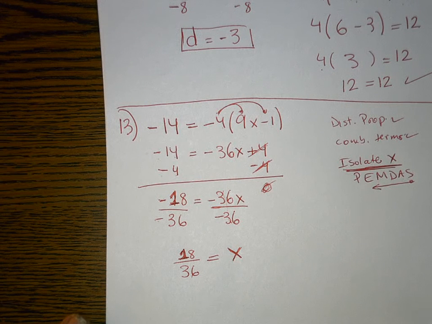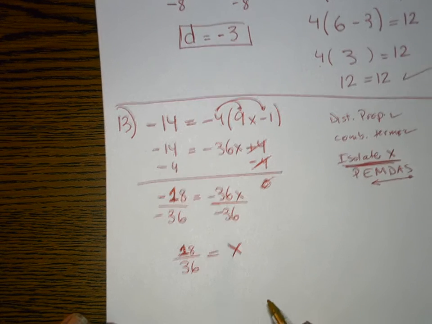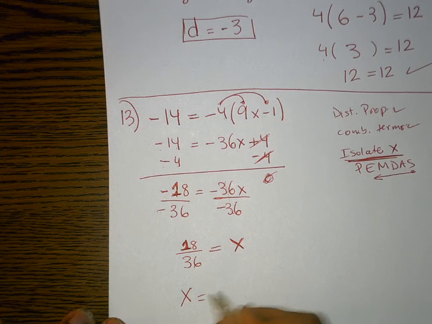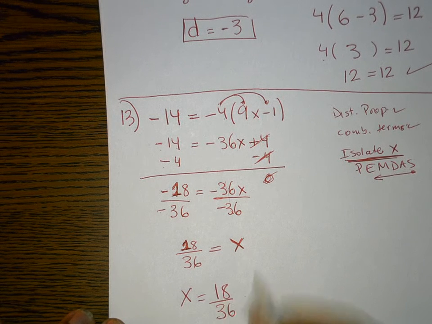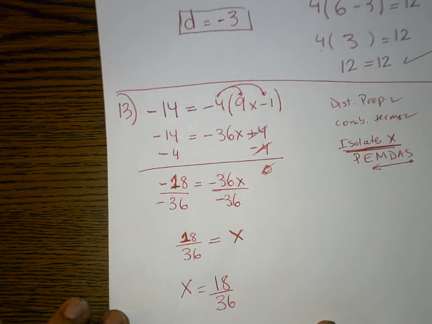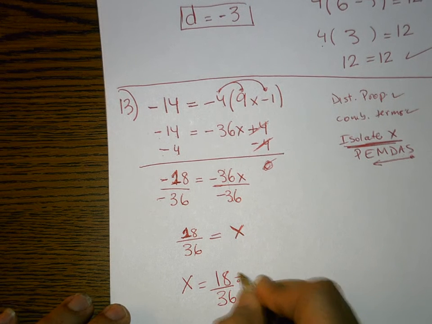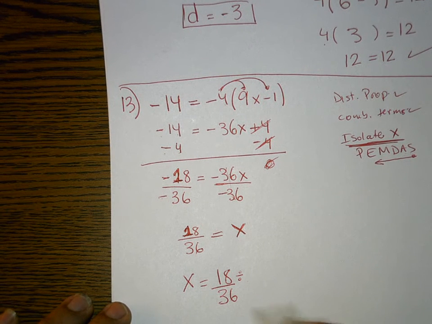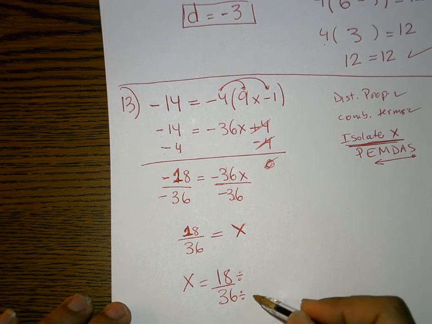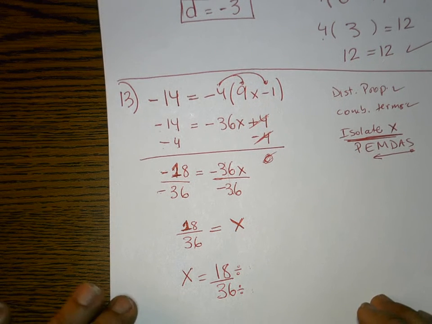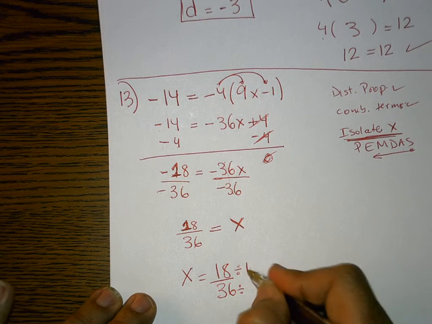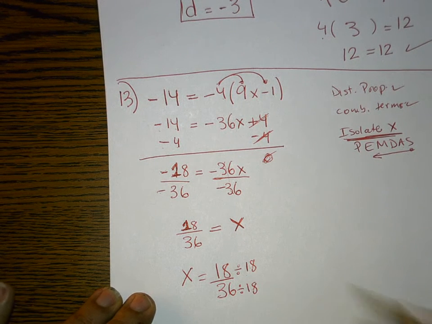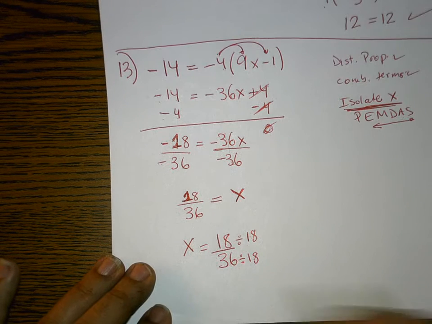We have 18 over 36 equals x, and I need to reduce this fraction. So we have x equals 18 over 36. I just rewrote it in a different way. Let's reduce it. It has to be divisible by the same number, top and bottom. I'm going to divide by 18, because both of these are divisible by 18. Okay? And that makes x equals